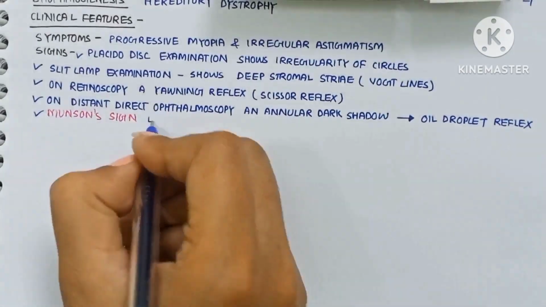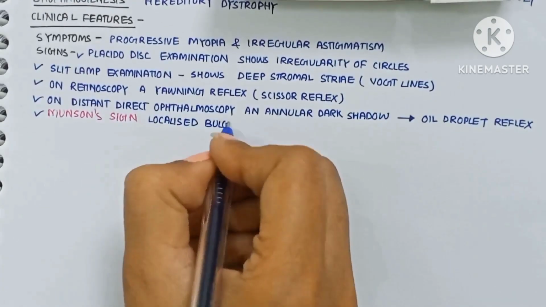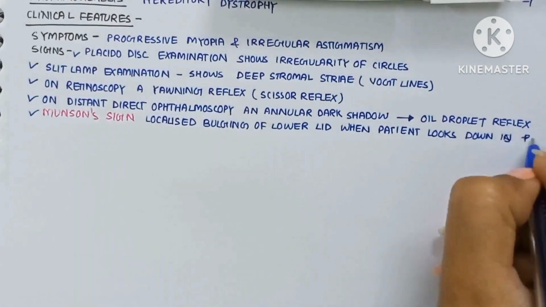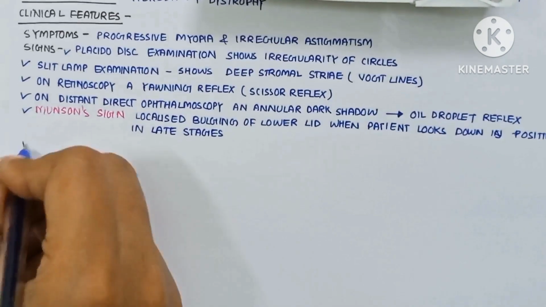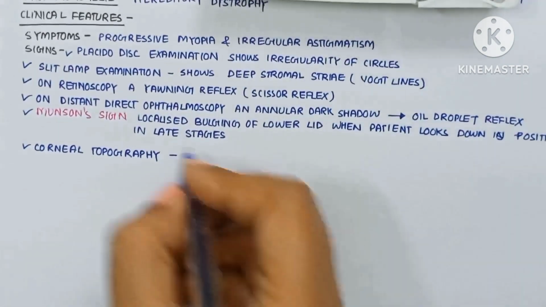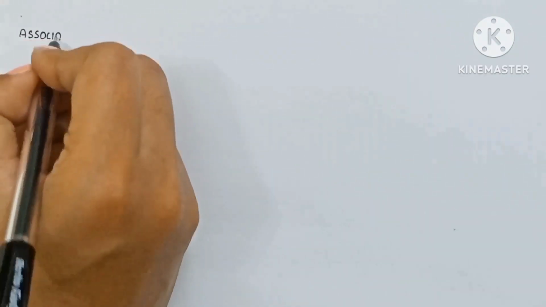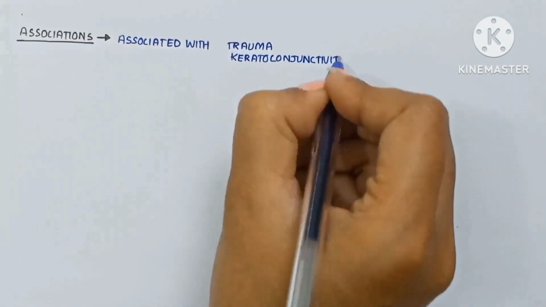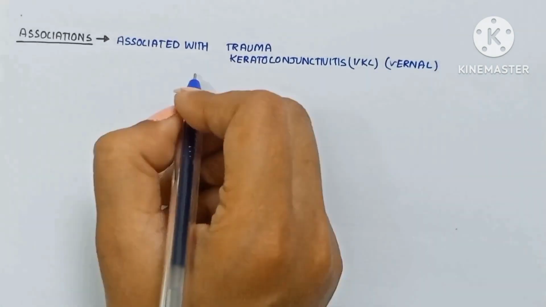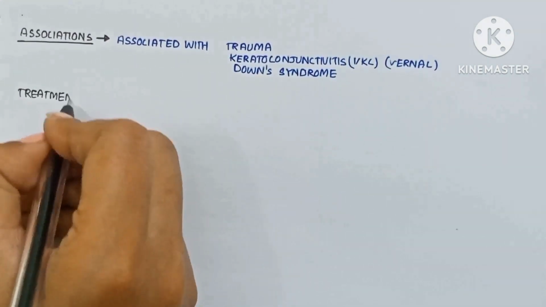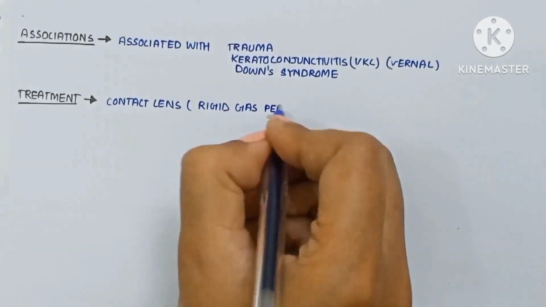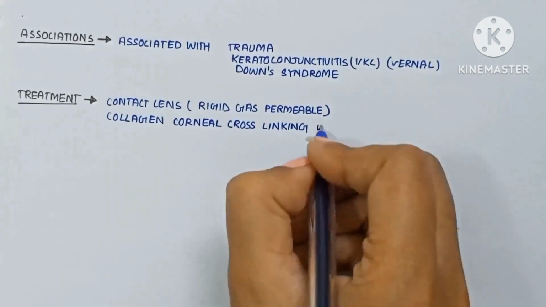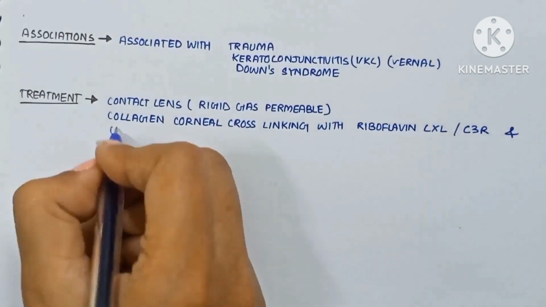Next is the Munson sign, as shown in this picture, which is localized bulging of the lower lid when the patient looks downward. It is positive in the late stages. Corneal topography forms the frustum. Now the associations: it may be associated with trauma, vernal keratoconjunctivitis, Down syndrome. Now the treatment: rigid gas permeable contact lenses, corneal collagen cross-linking with riboflavin, CXL or C3R, and UV